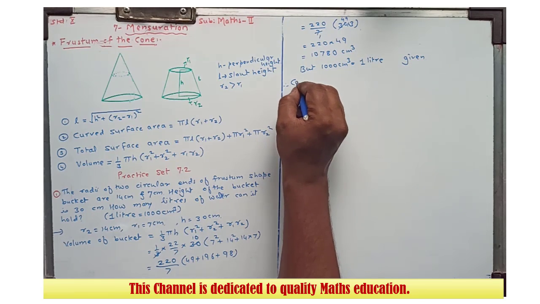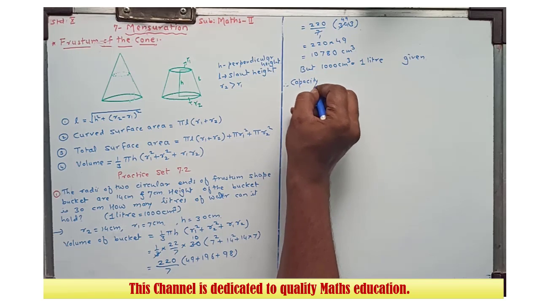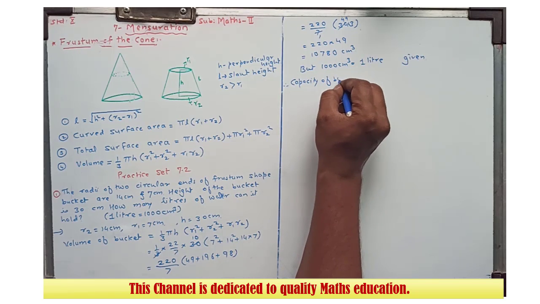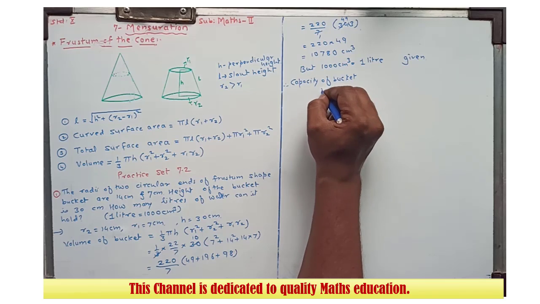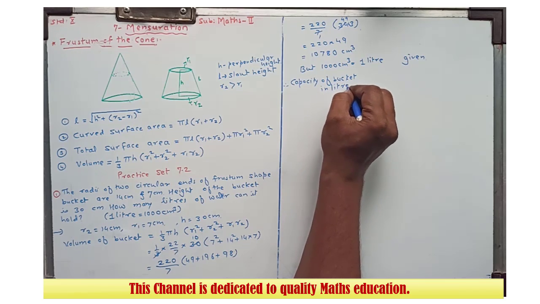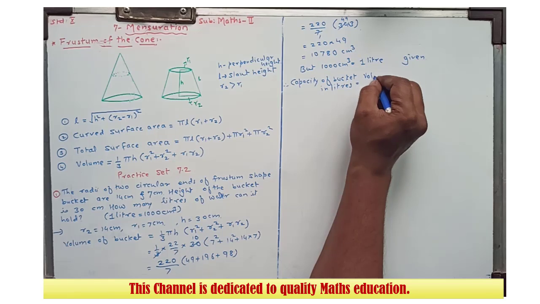And therefore capacity of bucket in liters is equal to volume of bucket